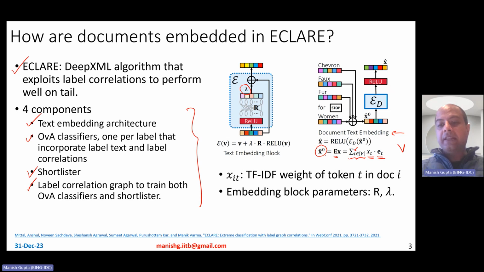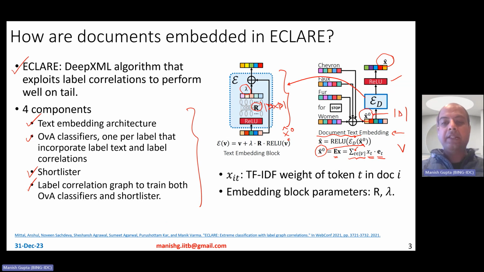Now that's the x hat not, so it's not the final embedding. To get the final embedding, you take this x hat not and pass it through the embedding block E_D, which is this block here, and then apply ReLU on it, and that gives you the text embedding for the document text. Essentially, the way you do this embedding E_D is using this block where, after you get this x hat not, which is set as V here, you pass that to a ReLU and then multiply with the D cross D matrix R, where D is the dimensionality of the vector x hat not, right?